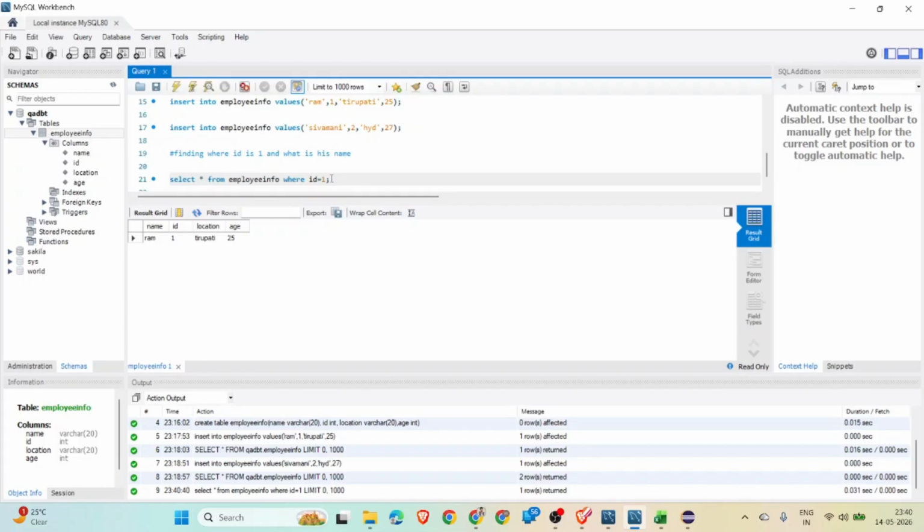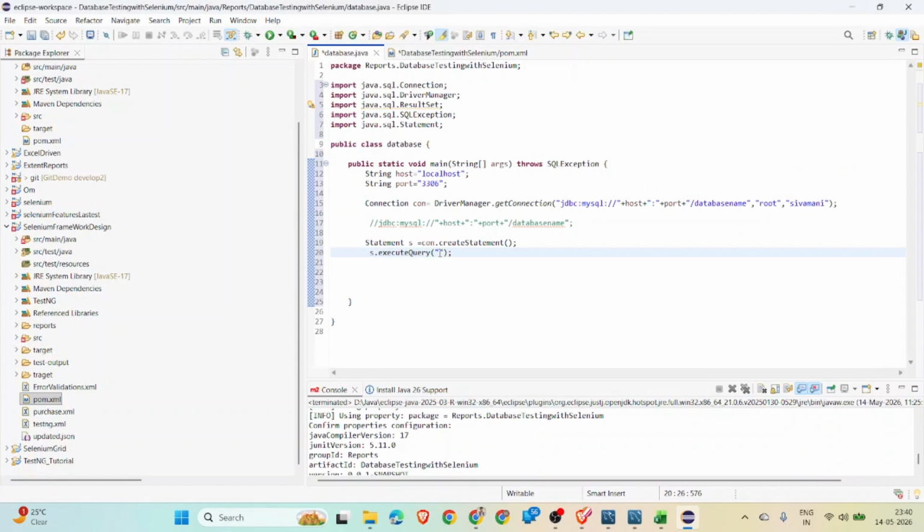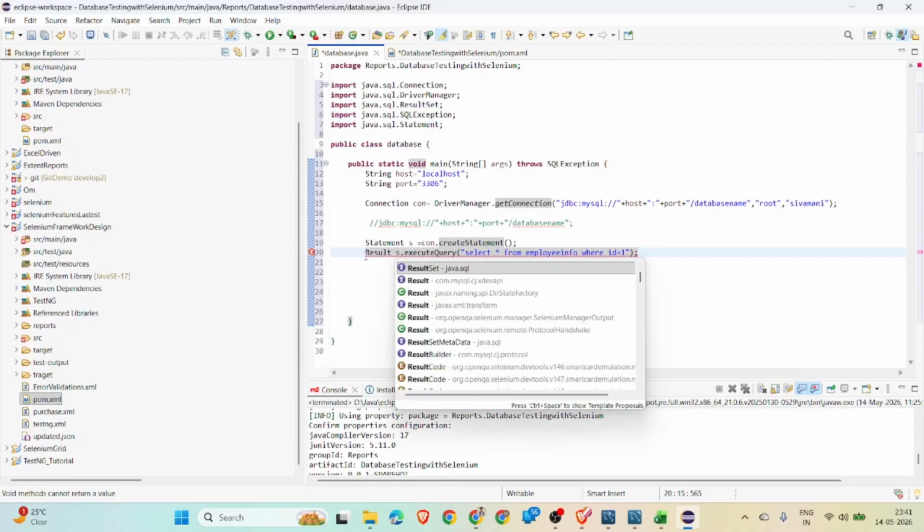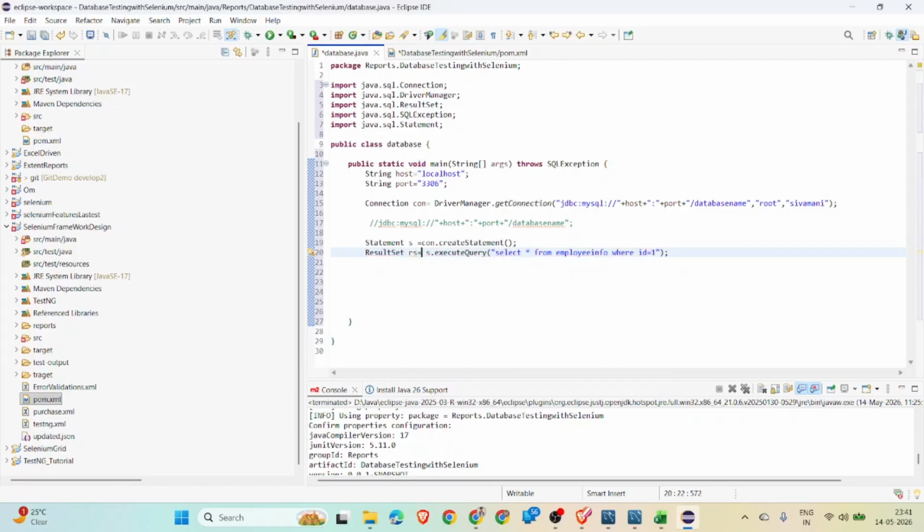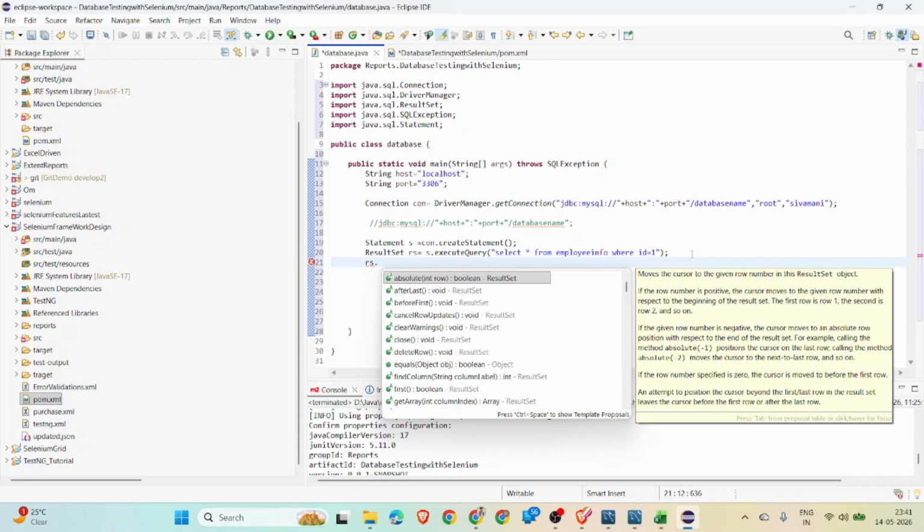So the same query, we take this, copy and paste it here. You successfully entered the query here. Now you should save this in result. You got the result, right? So the ResultSet rs equals whatever you saved, it will give Ram, right? So that you can save it here. Now rs dot